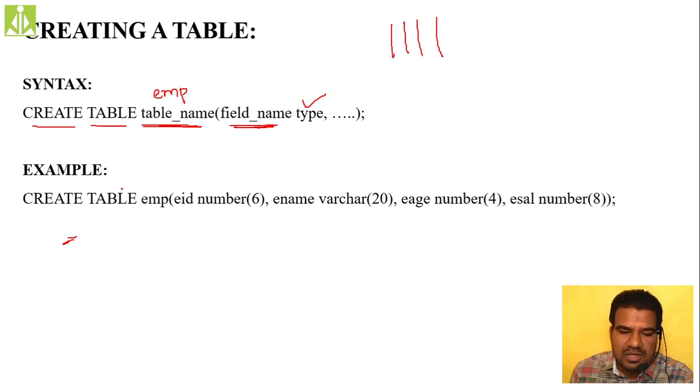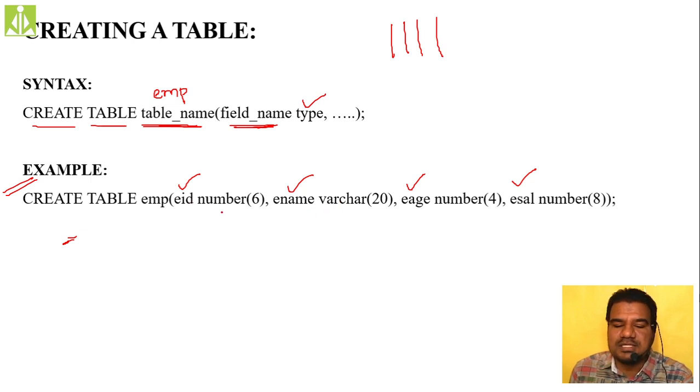So here I have given one simple example. We create this table only. So create table employee with how many fields? 4 fields I have taken. EID is my first field, ENAME is my second field, EAGE is my third field, and ESalary is my fourth field. So EID, employee ID, can be only numerical. Employee name can be a combination of characters and numericals. So ename varchar I have taken.